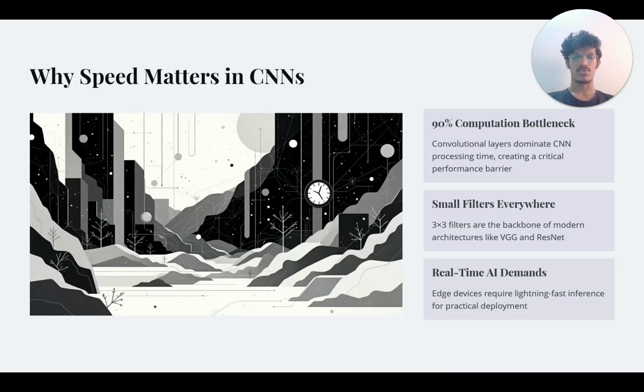So before we get into the what of the algorithm, let's understand why speeding up convolution matters. It is said that 90% of the computation bottleneck in CNNs is the processing time. What are we processing? The multiplications. The millions of multiplications which take place while processing an image, for example, is what causes 90% of the computation bottleneck. And we've got only small filters. So we use smaller kernels. The 3 cross 3 kernels are the ones which we use most of the time